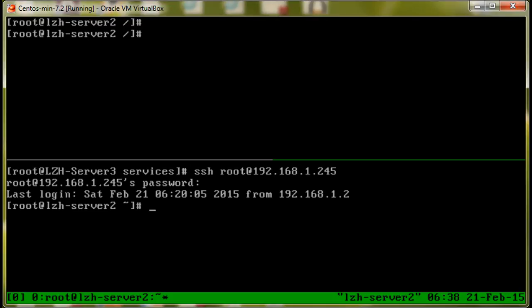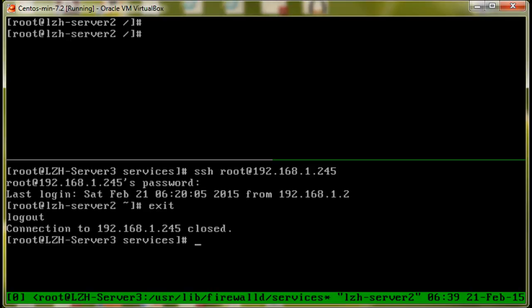So this means that the service SSH, which is port 22, is added to our public zone of our server 2. In case we need to stop this or remove this service, what we can do is